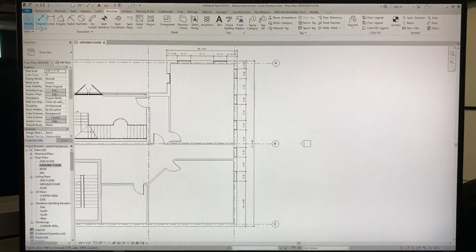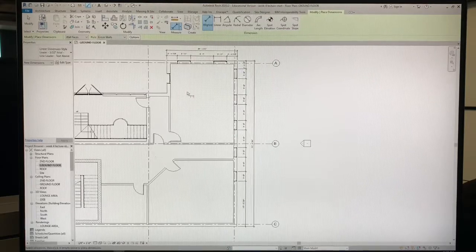So again, let's go to align. All right, let's select. Now, from here, I don't want to do entire wall. I want to do individual references. Make sure that you are choosing individual. We're still going to go with wall faces, but we want to do individual reference. We're going to start dimensioning from this face right here, so the interior of this exterior wall. Okay, start from there. But then when I go to this wall, I don't want to reference the faces of the wall. I want to reference,